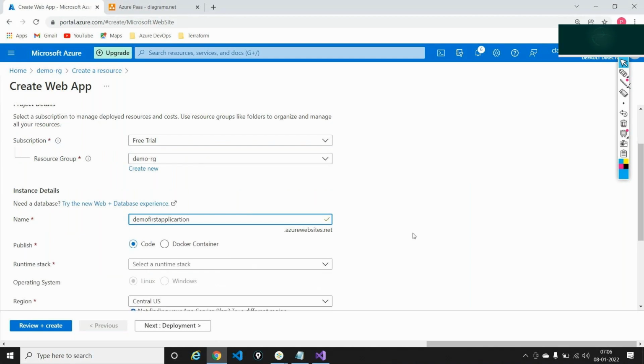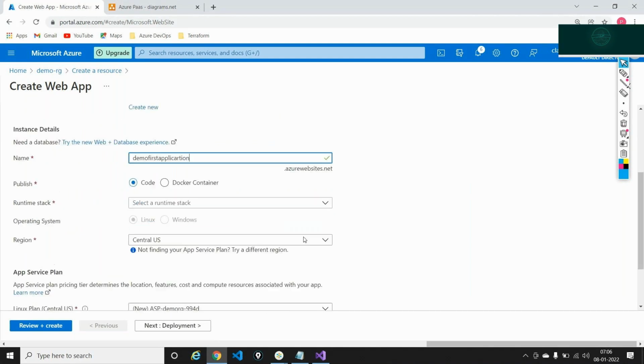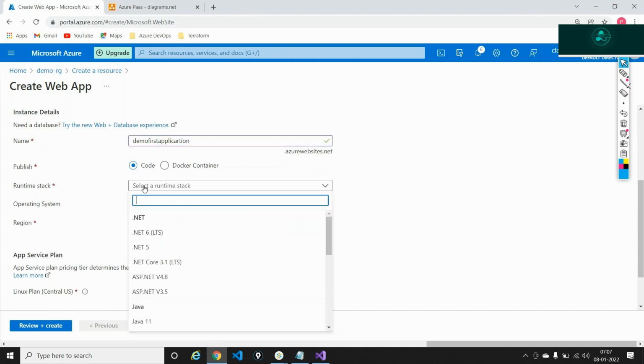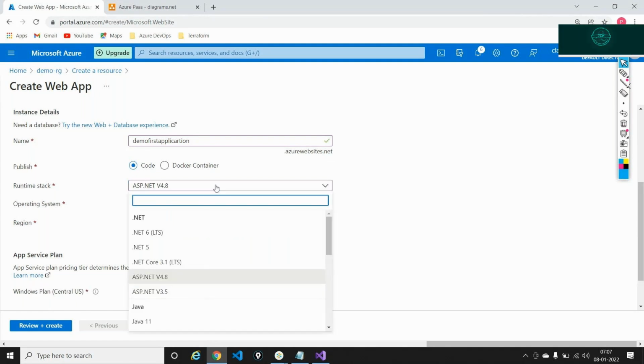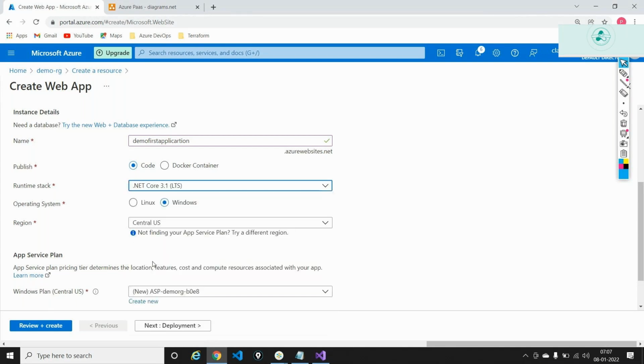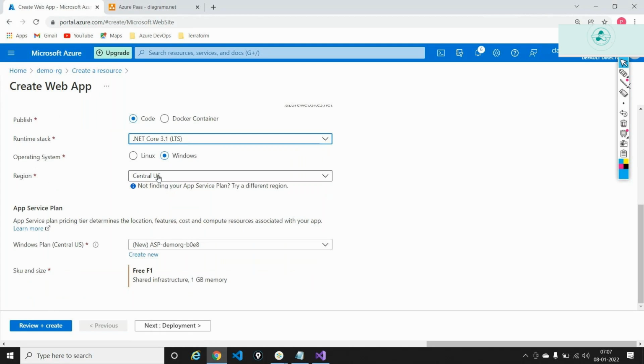So I'm just giving a unique name to it, and I'm just saying that this is an ASP.NET code. Then I'm saying, or rather, we are building our code in a language called .NET Core 3.1. So I'll just take this. And now I'm selecting a region called Central US, and now there is something called an app service plan.